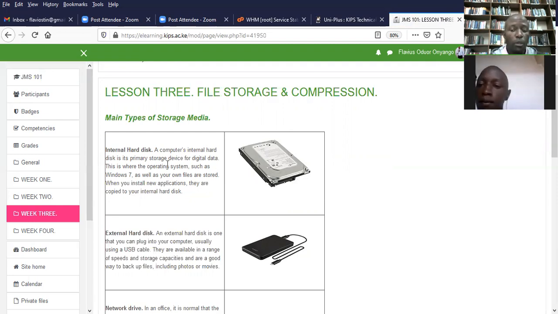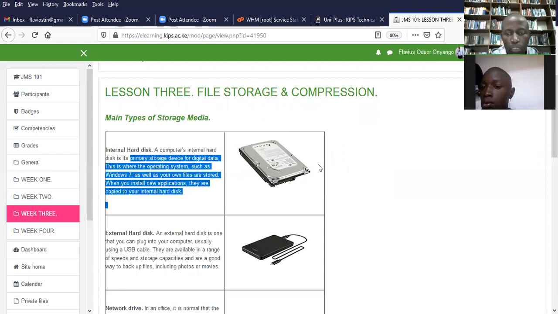And this one, remember, we have got the internal hard disk, and of course, normally we also call the external. So the internal hard disk is basically what we use to store data. Like the machine that I'm currently using, there's a lot of notes that I've developed and saved in my machine. So all that material is residing within this particular device. You get it? Yeah. That is a very, very good image.